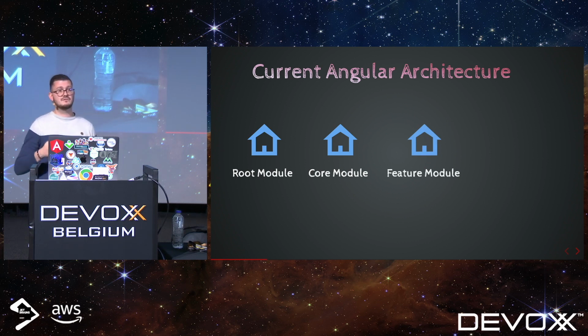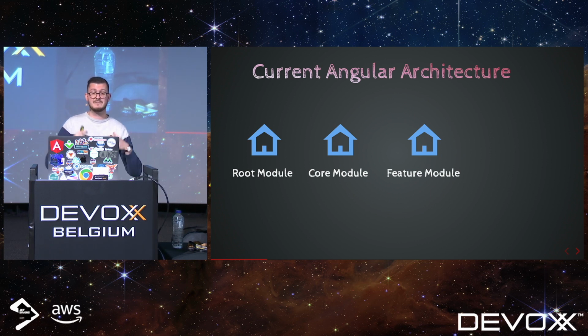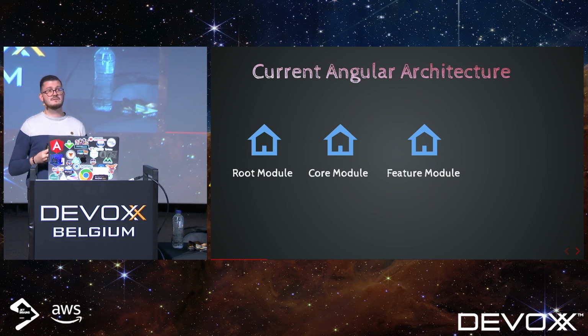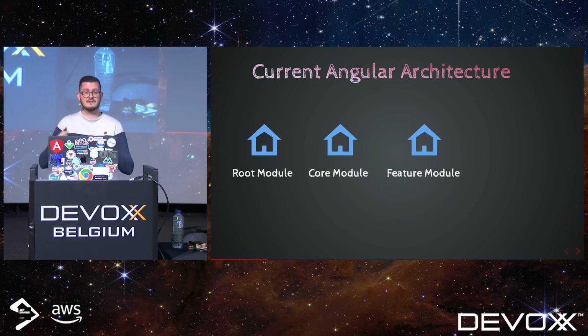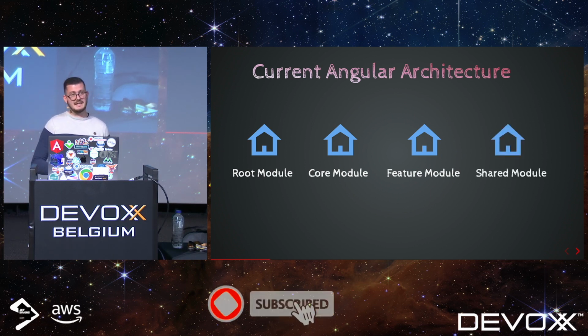Another important module is the feature module. It's very important because this module holds the functionalities of your application. Mainly it's a view of your application. And for more optimization, feature modules are lazy loaded. Because the lazy loading is done by modules, you must create a navigation module for each feature module to navigate to the correct component for a given path. And the last module